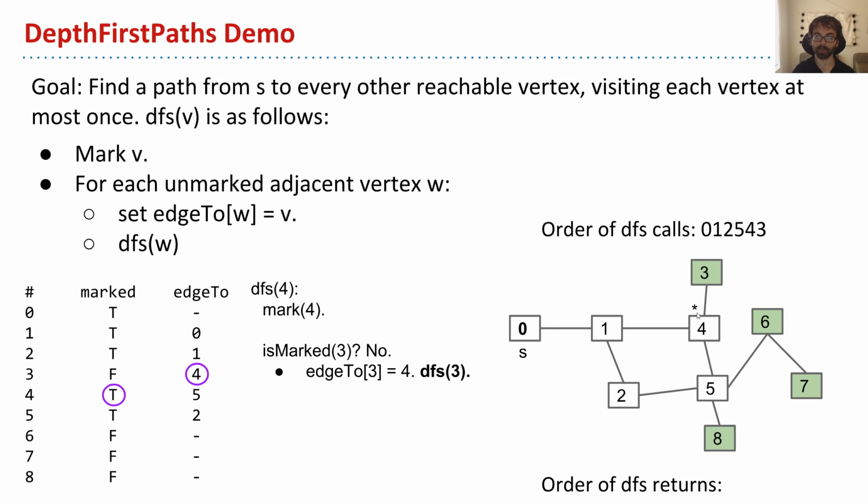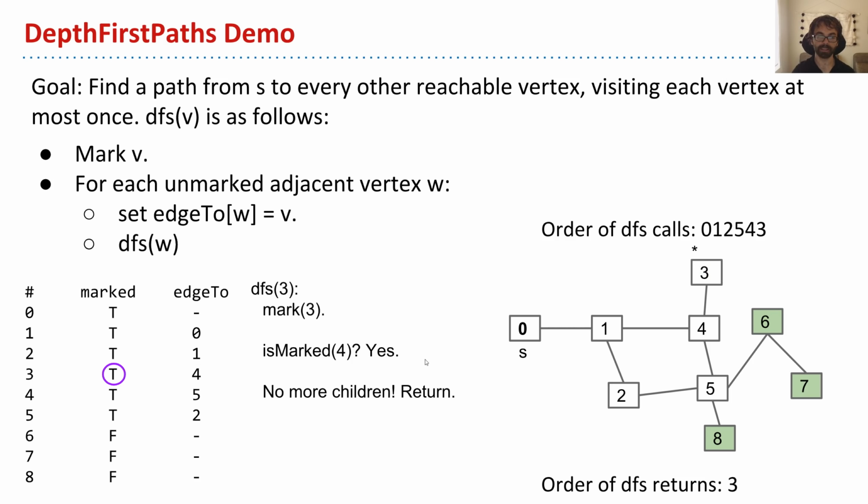So now we traverse 4, and at this point, we say 1, you're already marked. 1 is already marked, but 3 is not marked. So since this is unmarked, we're going to set its edge value equal to 4. Okay? And we're marking ourselves. I got a little confused for a minute. The first step is to mark yourself. All right, good. Okay, so at this point, since 3 is not marked, we're going to go up there and